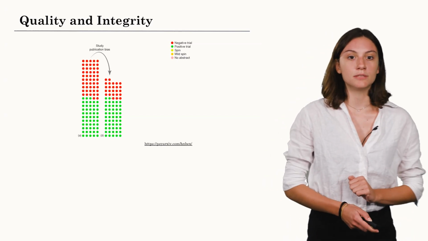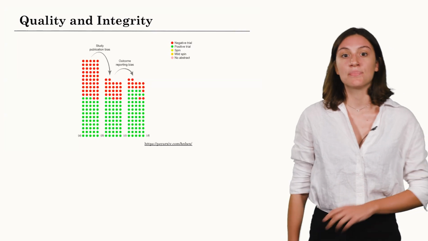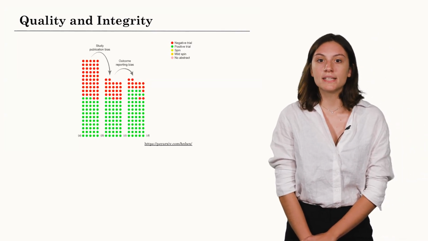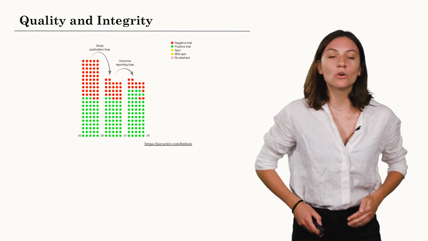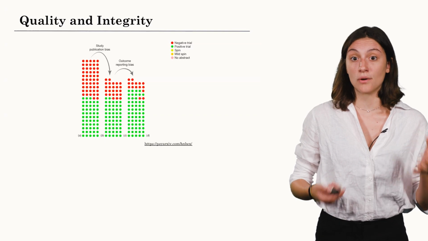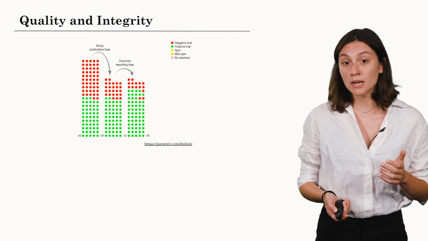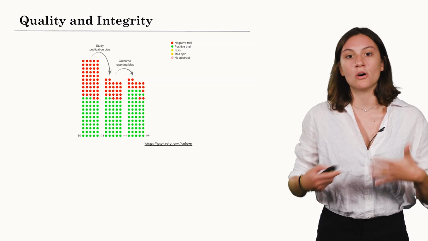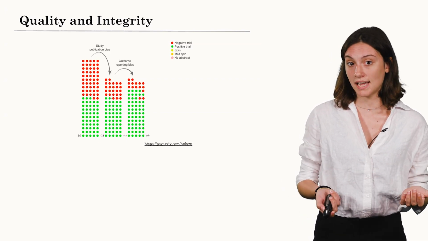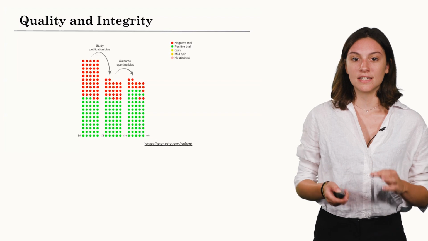But we are not there yet, because we could also have an outcome reporting bias. What we mean by this is that out of all the sets of experiments that a specific trial ran, there's going to be a tendency to report the positive rather than the negative effects found in that study. So as you can see, the green dots are